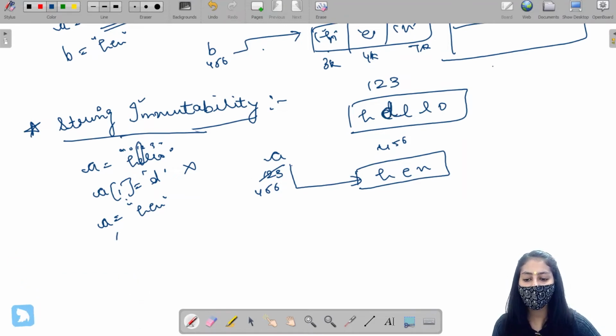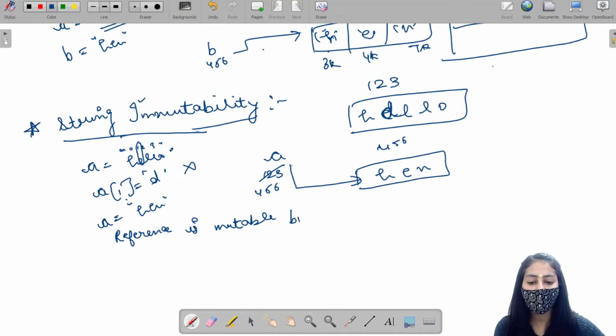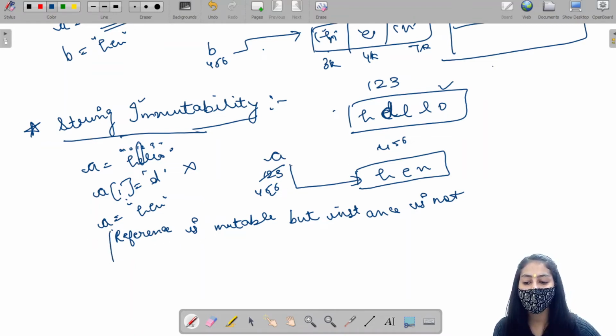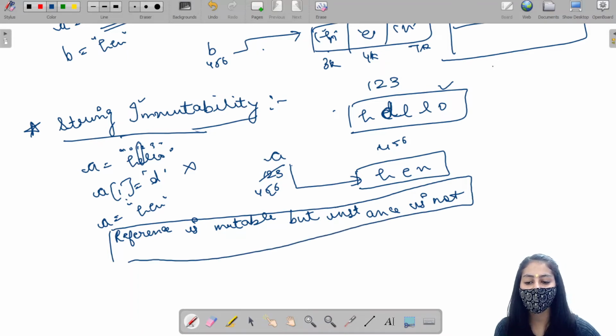So we can say that the reference is mutable, that we can change the reference: A first referred to this, now A is referring to that. The reference is mutable, but the instance is not. The instance is the string object, and we can't change it, but we can change the reference.